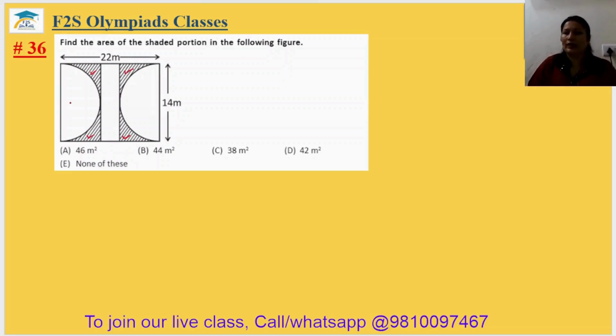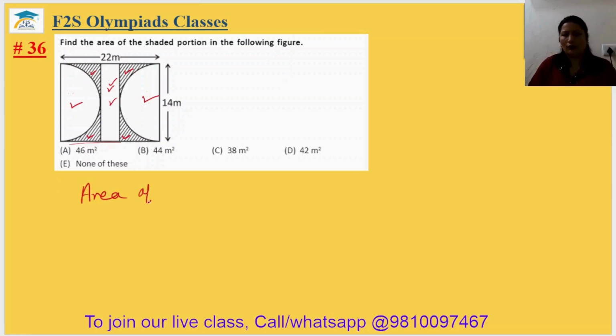First, we will find the area of this complete circle. Actually, this is the semicircle. When you take two semicircles and mix them, it will make a complete circle. Okay? And then we will find the area of the big rectangle. After finding the area of the big rectangle, we will just subtract the area of the circle and the extra rectangle here. So first find the area of the big rectangle.